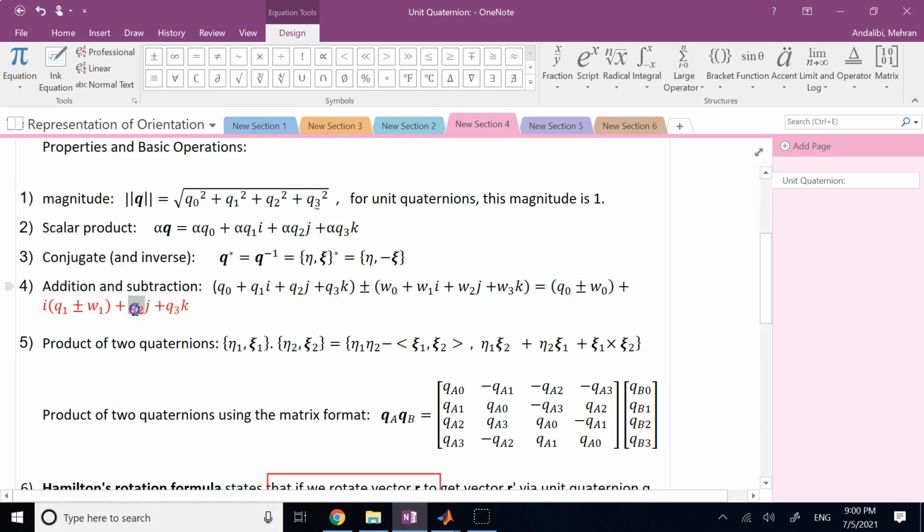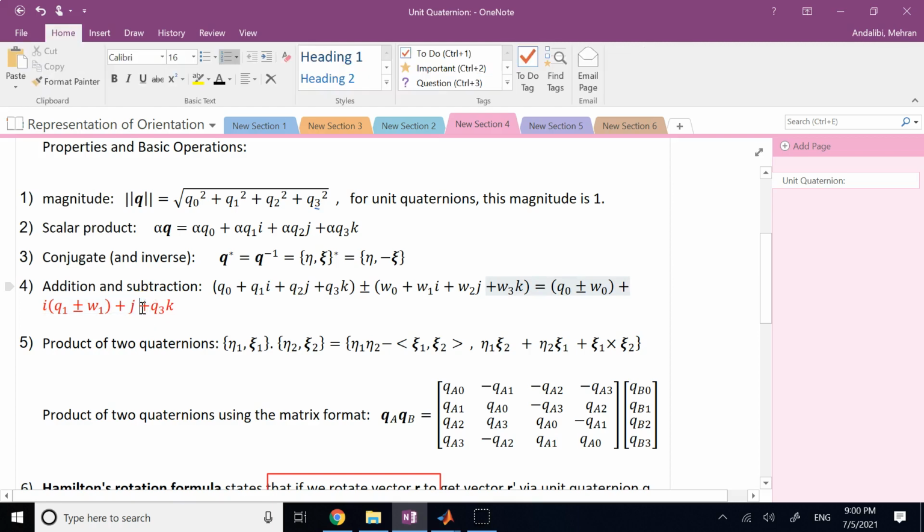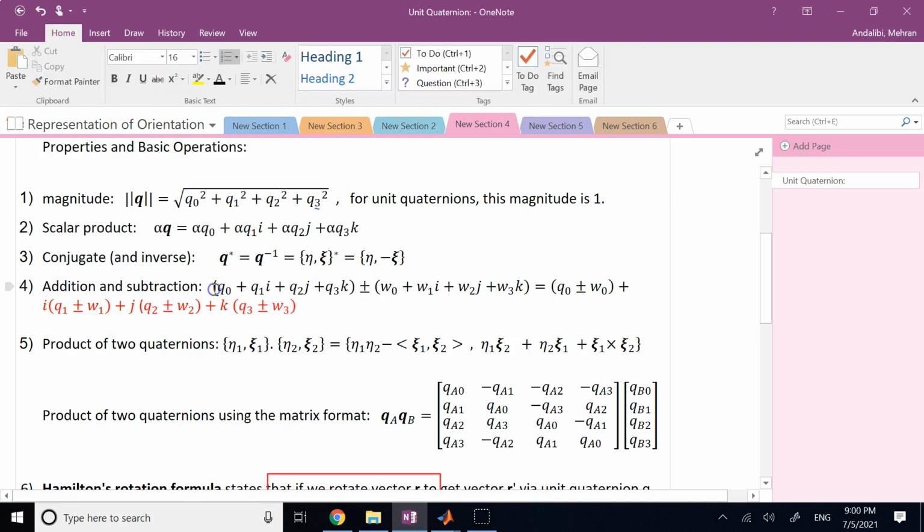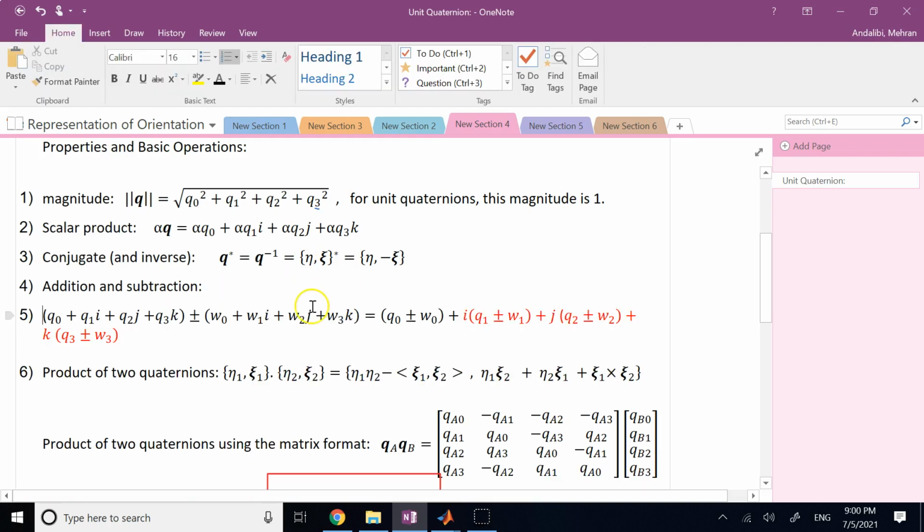Plus again j times q2 plus and minus w2, and finally plus k times q3 plus and minus what? w3, and that's it. Okay, so maybe this one I can bring it to the bottom equation and make